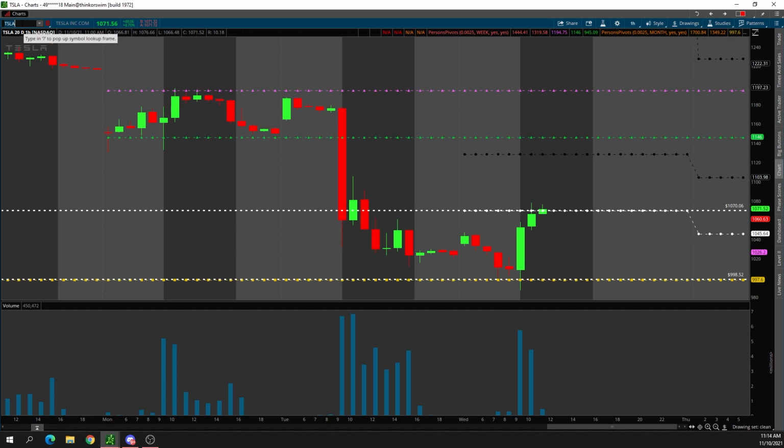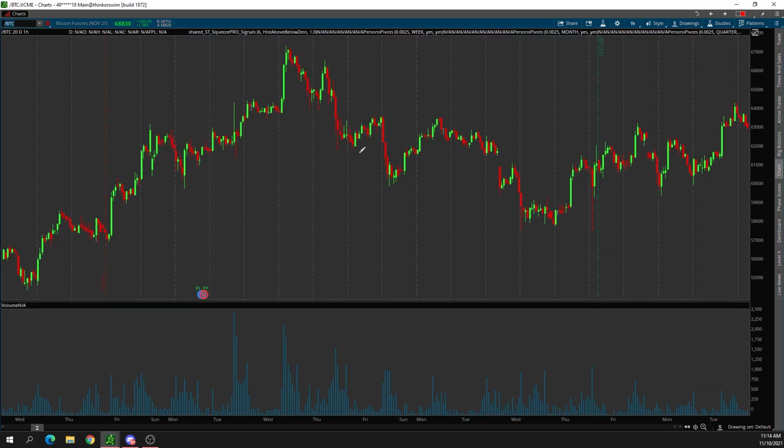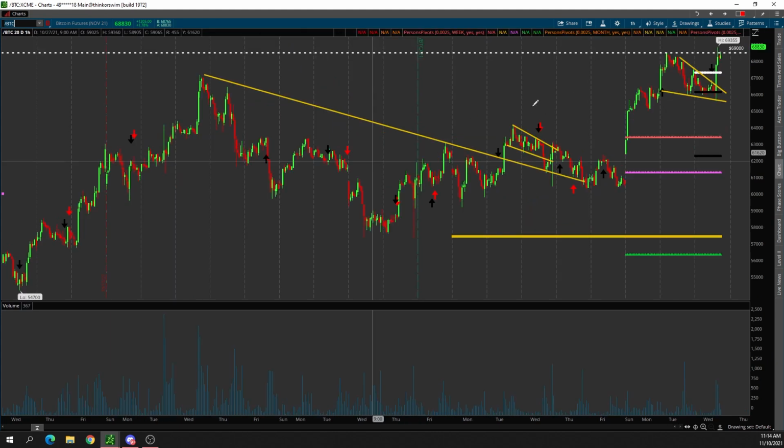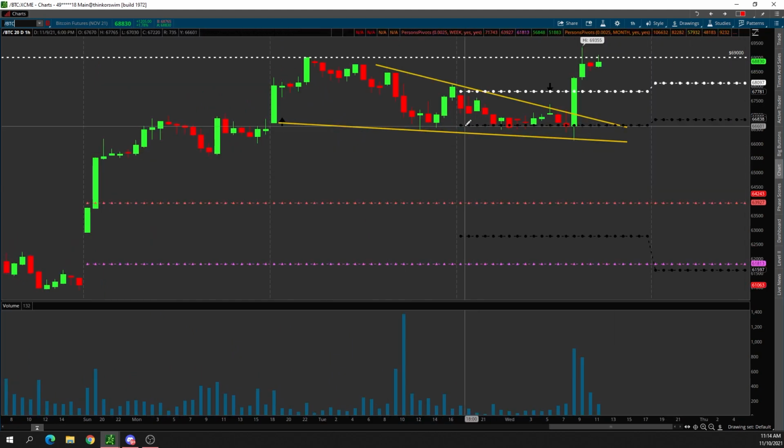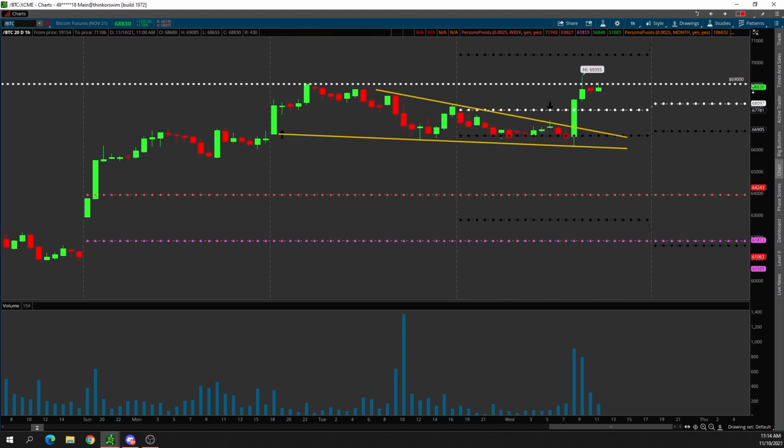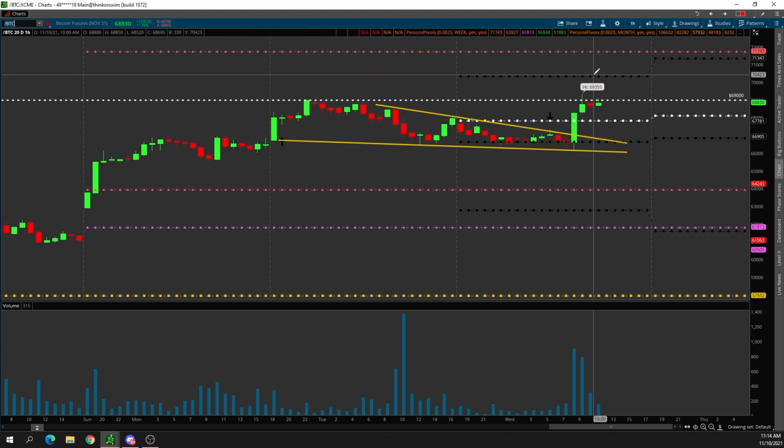We could end up going over to something like maybe Bitcoin. So you can use this even on the futures, or if you trade Forex through ThinkorSwim, you can also use it there. So yesterday, actually today, it calculated that Bitcoin was going to have support right here. What did it do? Multiple times it treated this area as support and then absolutely flew to the upside. So it did end up breaking above the actual pivot, which it did treat as resistance right at the beginning of the day. Once it broke above the pivot itself, now it's bull flagging, but it's giving Bitcoin another price target of